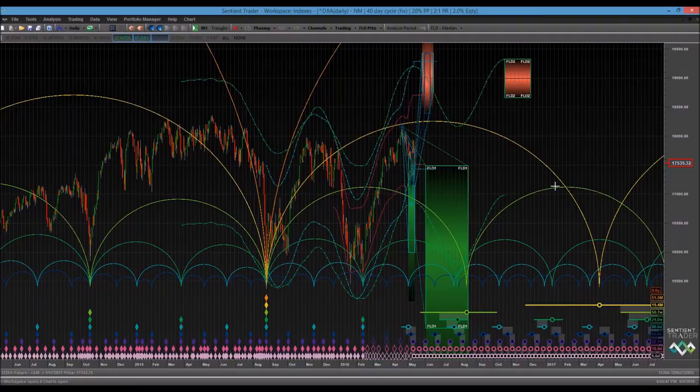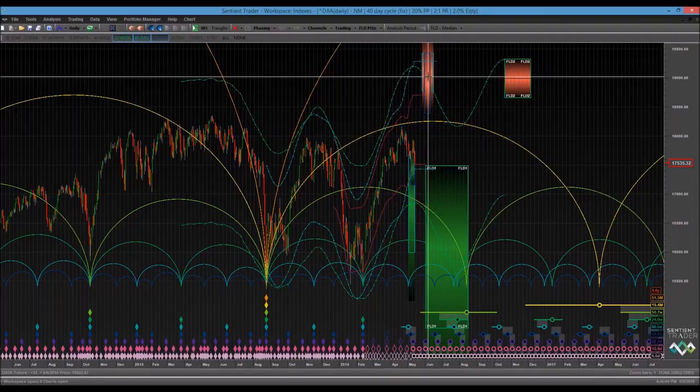This is one of the reasons why I use it. It uses 5-day, 10-day, 20-day, 40-day, 80-day, 24-week, 50-week, 18-month, et cetera. It uses all of the different cycle brackets, and it has a mathematical formula to sort of even them out. So, you see something like this, that's a fairly significant sign that we're in an area to turn.